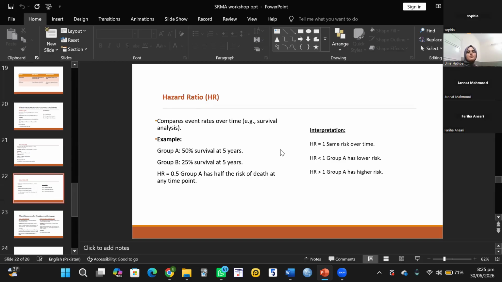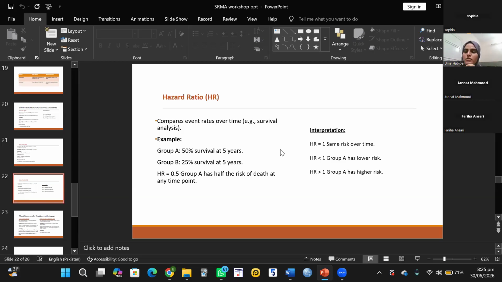Hazard ratio. Hazard ratio is for survival. For example, you're conducting a meta-analysis on a certain drug, and you want to see what the survival rates are in patients who are taking this drug compared to patients who are not. So if group A, that is the intervention group, has 50% survival at 5 years, that is, they've been taking the drug,